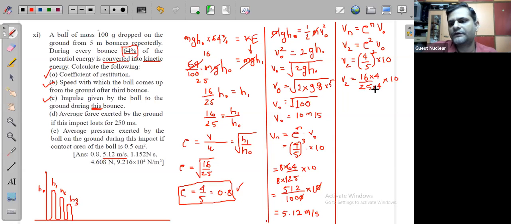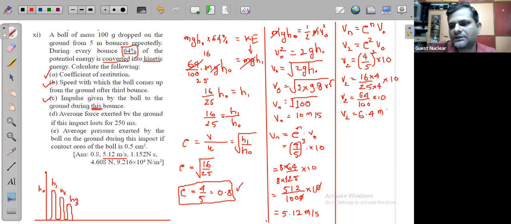So 25 4s are 100 and 16 4s are 64. So we get that v2 is going to be equal to 64 upon 100, and that is to be multiplied by 10, which is kept as it is. So one 0 of 10 and one 0 of 100 will cancel, and 64 upon 10 we will get in the form of 6.4. So this will be 6.4